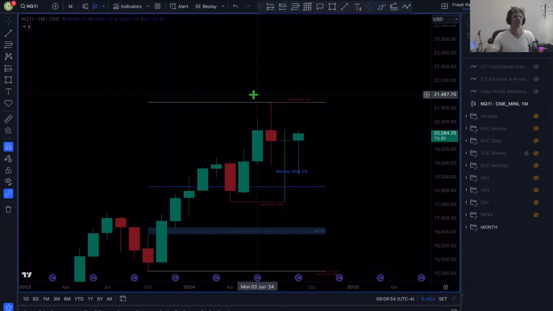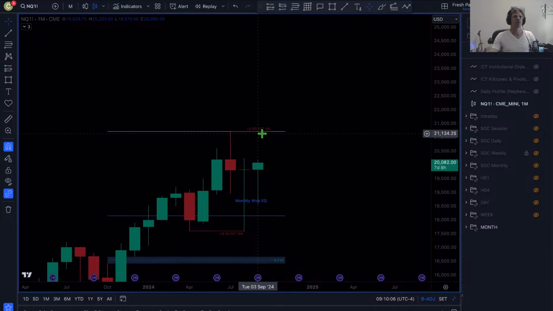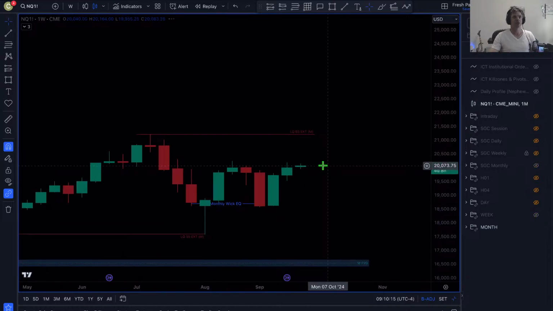So anyway, impulse up, came back down, grabbed internal external liquidity. This is what I would call IERL, because it's an external, it's a short term low within the impulse. It grabbed it and gave a big wick, and so prediction there is potentially that we're going to come all the way up here, but at least to break this right there. All right. So on the weekly,